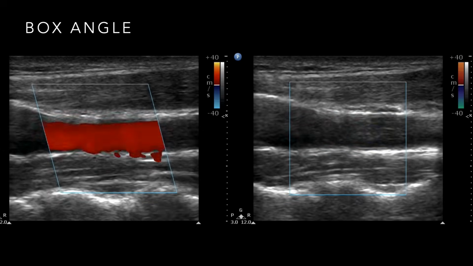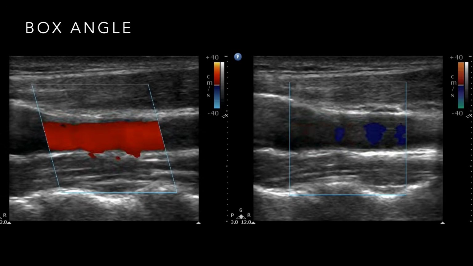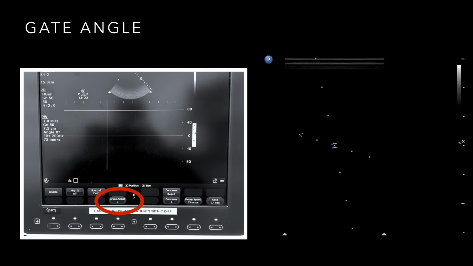So that's a couple of different ways. If you want to look at it on the screen, here's an example. There's the angle button that you can use to adjust this. This is also equally applicable, and what we're seeing here on the right-hand side is when we're adjusting the pulse wave gate, right? So you can do the same thing with pulse wave Doppler, where you have the angle that you're adjusting the Doppler,